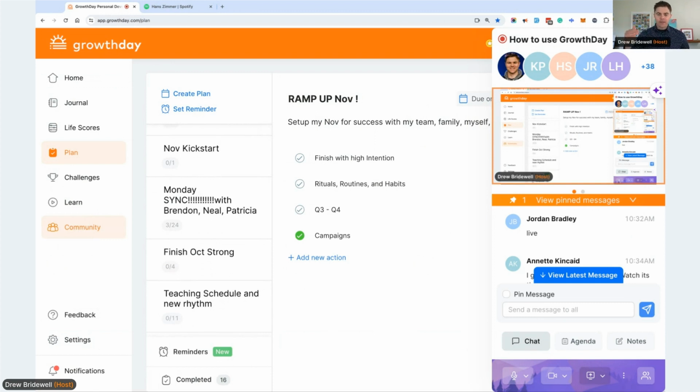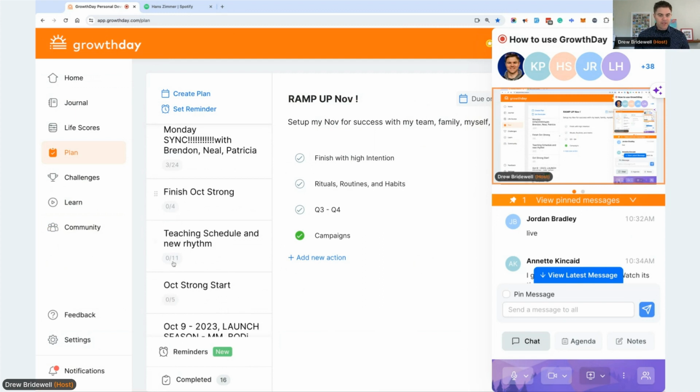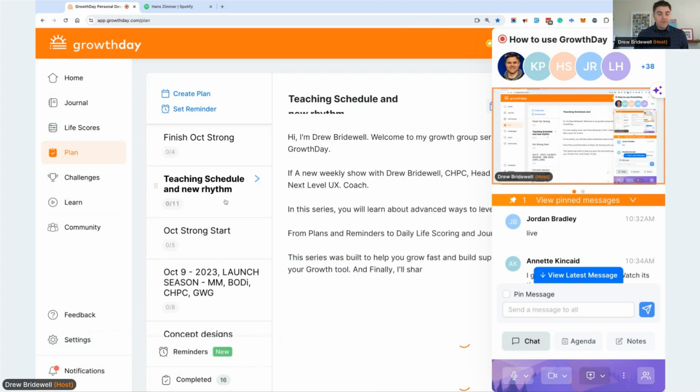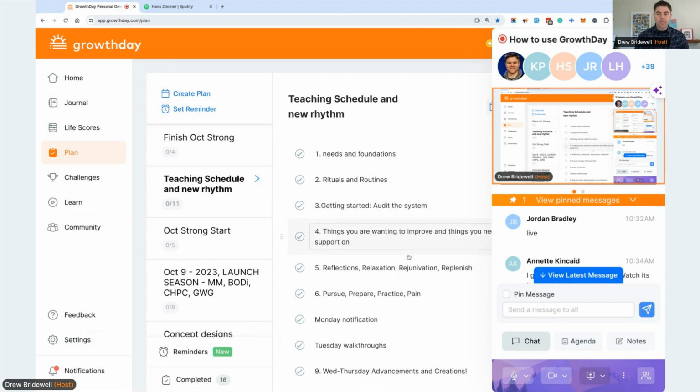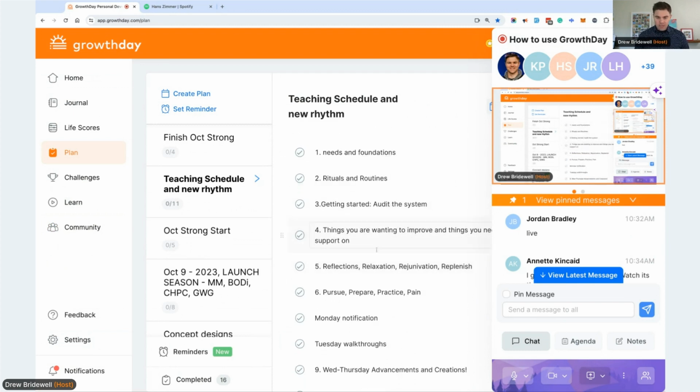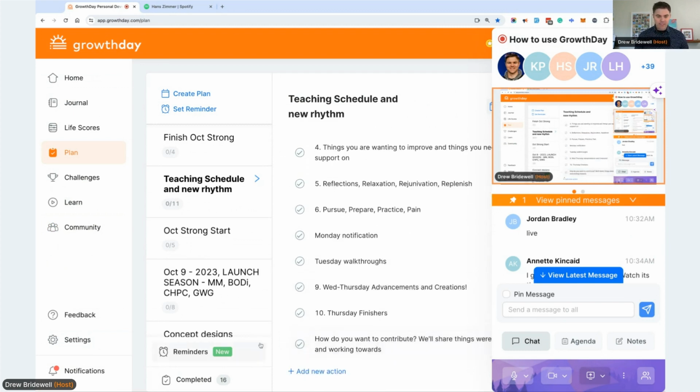I had all my line items of things I wanted to cover for that meeting. And I was just going off and going through each of those to make sure I didn't miss anything. Same thing. I had one for finishing October strong. I even use this for like a teaching rhythm for the things I want to teach for an upcoming course and upcoming training and all the things I want to include inside of that as I teach and go through